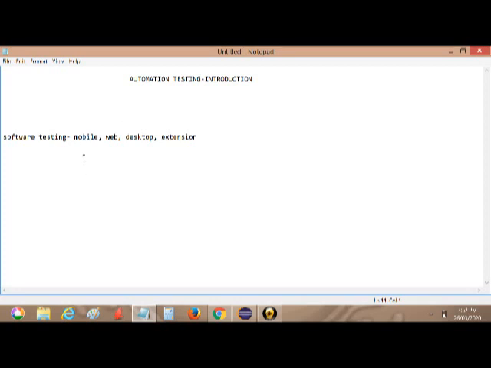So for testing there are basically two types. Which are these? First one is manual testing and another one is automation testing. So what is meant by manual testing? Manual testing is a type of software testing where the tester needs to execute all the test cases manually without using any automation tool. On the other hand, automation testing means the tester uses some automation tool and creates some code to automate the